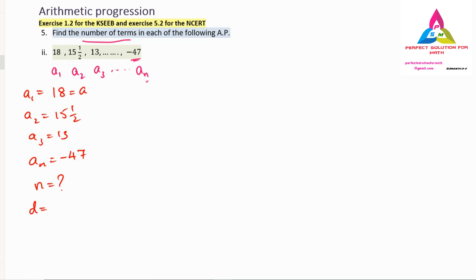So the d value is nothing but a2 minus a1. Here a2 is nothing but 15 and a half. Here I will make it clear for you. This we have to convert into fraction form. So here we have to do multiplication first. 15 times 2 is 30, 30 plus 1. Whenever this kind of situation comes, the 2 we have to multiply with the 15, 15 times 2 is 30, and next in the numerator we have to add 30 plus 1 is 31. So 31 divided by 2 is our a2 value. Remember, this is how to take the a2 value.